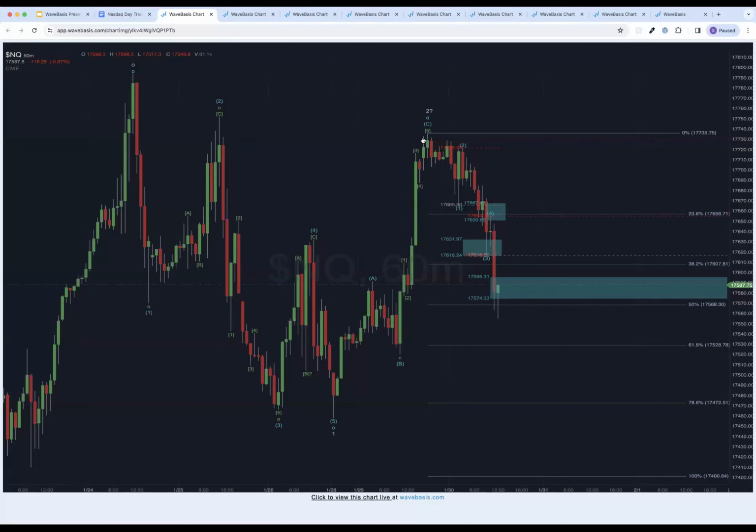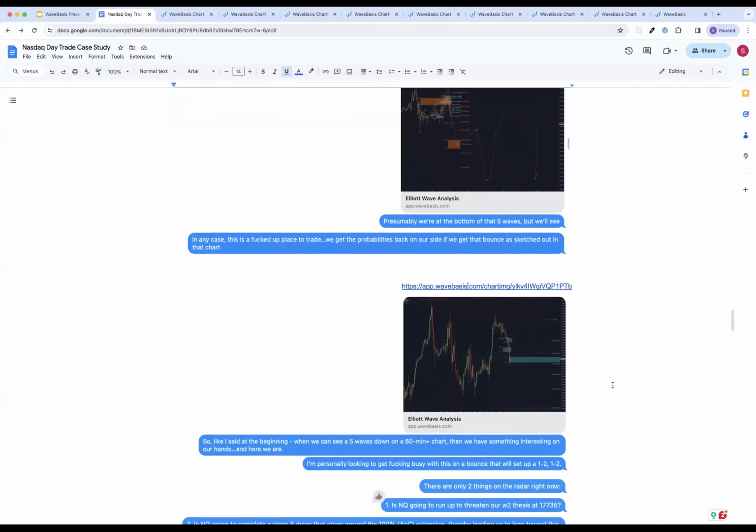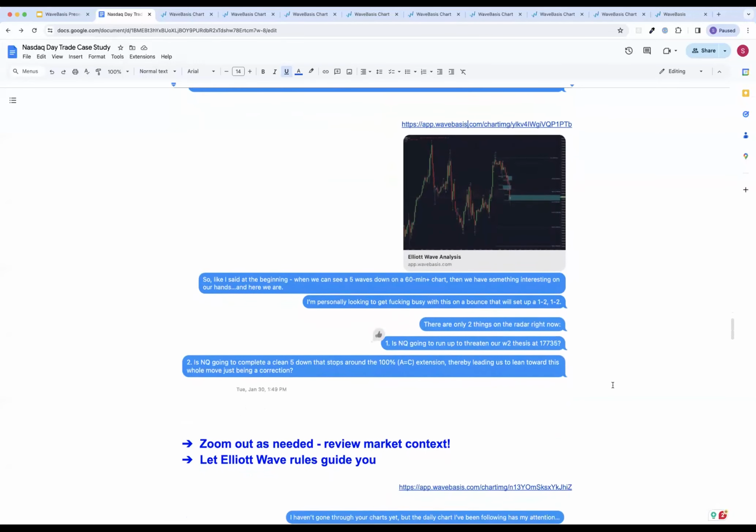Then we got this strong move here. That's not characteristic of a typical wave C. It got really high. So I'm kind of nervous in here to take another short. It didn't meet the criteria. And again, remembering the context, we're in a strong wave 3. Caution is warranted.